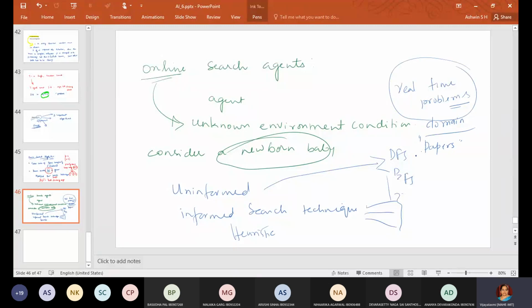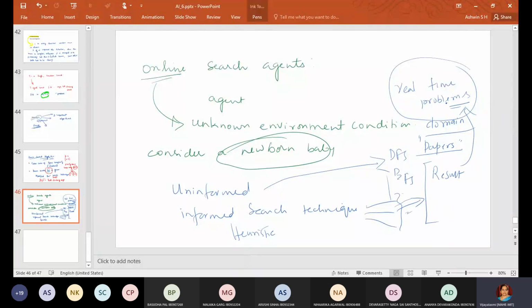Then apply these algorithms, especially the heuristic search techniques, and do the analysis by applying all these techniques, to see how you get the final result of the problem which you have taken.